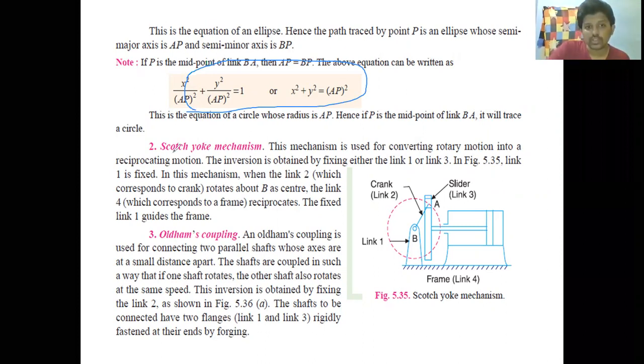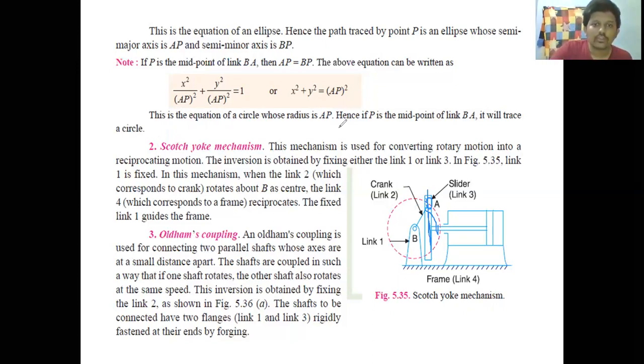Now, what is this Scotch yoke mechanism? Sorry, this is our Scotch yoke mechanism. The diagram here is the Scotch yoke mechanism. Here you have a link one which is fixed, right? You have a crank which is fixed to the slider. The link starts rotating here. If the link starts rotating, if your link is here, then what happens to the slider here? The slider will start moving, right? The slider will start moving. That means if the crank is moving, what happens to the slider? The slider will also start moving.